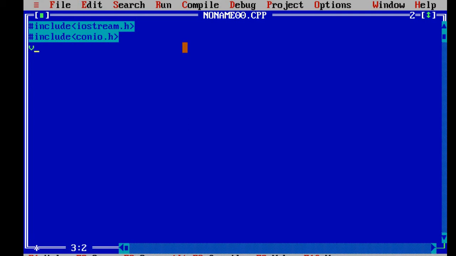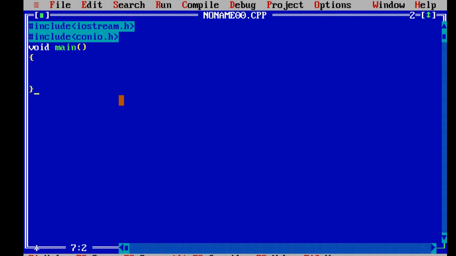For that purpose we require the main function, that is void main. Void is my data type. There are various kinds of data types which can be used within your programming, such as integer, float, character. But if you use these data types, they will return a certain value, and through this main function we don't want to return any value. That's why we give void over here. Void will return no value. If you use any of these other types, then you have to mention a return 0 statement.